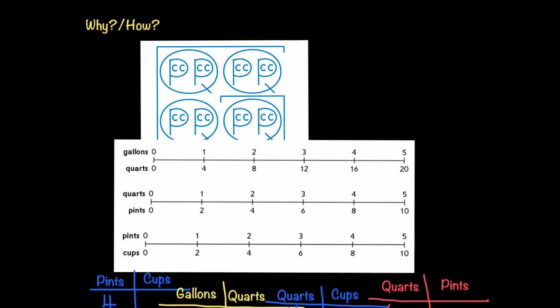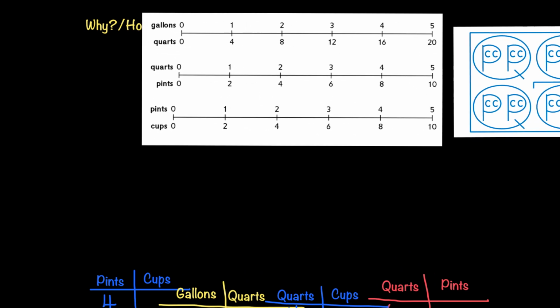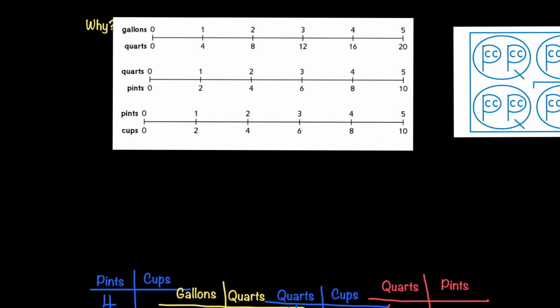Another tool that we can look at is our handy dandy measurement scale that we have used in the past. And this is what you're going to have in your workbook. Of course we're going to be looking at quarts and gallons, quarts and pints, and cups, and we're going to be making conversions between all of those. So I'm going to scoot this out of the way, and we're going to use this particular scale, and we're going to start